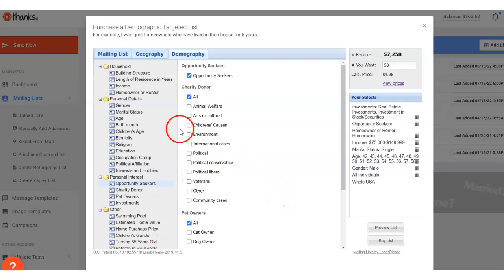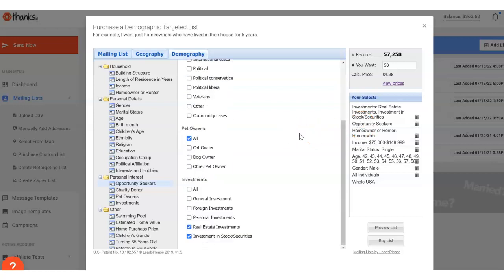Okay, so I've selected some attributes from the demography picker here. I've got men who are single, aged between 42 and 58. They are homeowners with an income between 75,000 and 150. The system thinks they are opportunity seekers, so they probably opted in for like an MLM or some kind of thing like what we are offering now. It's not MLM, but it's affiliate marketing. It's a make money from home related offer, let's call it that. And they've also invested in the past in real estate and investment in stock and securities, or they've opted into